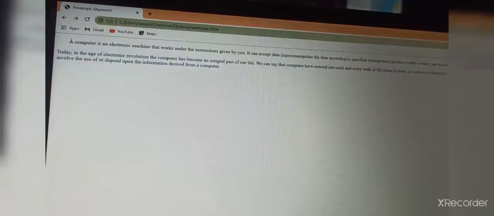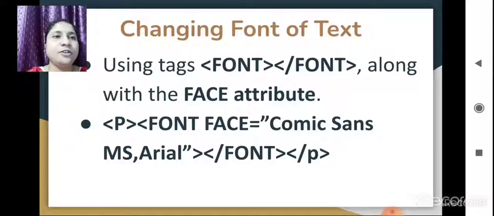And now see downward, the next paragraph will appear normally, while the upper paragraph, to which we have given alignment center, will appear in the center only. Got it, the difference? If we give center alignment, the paragraph will appear in the center.